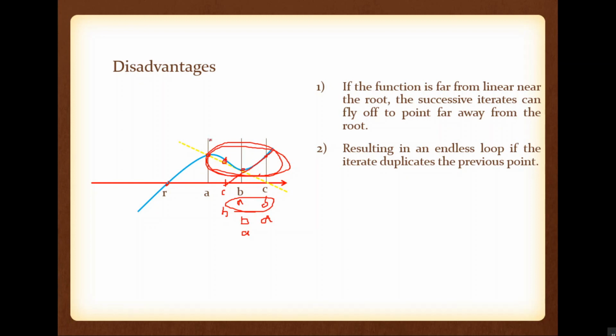So that is the biggest disadvantage of the secant method. This is also the biggest disadvantage of Newton's method, which we are going to discuss tomorrow or the day after tomorrow. It is the same disadvantage Newton's method has. But Newton's method has a facility to escape from this trap.